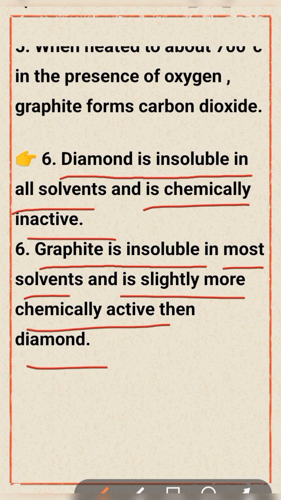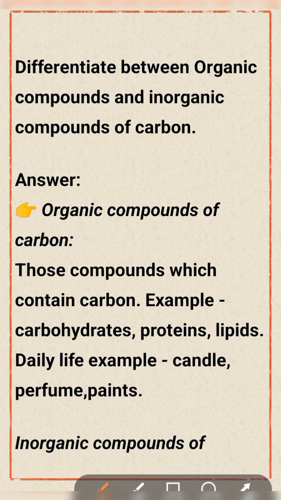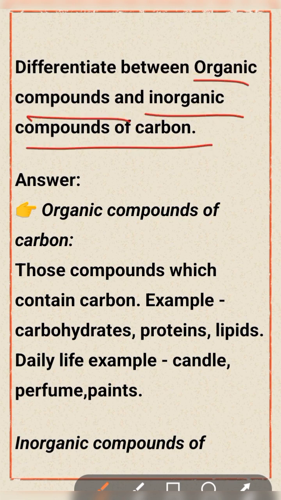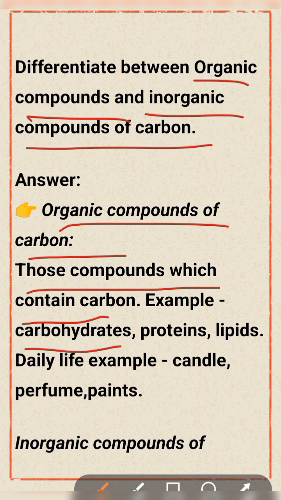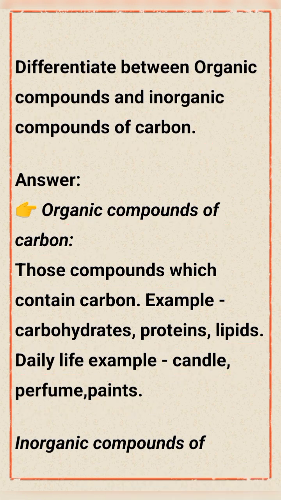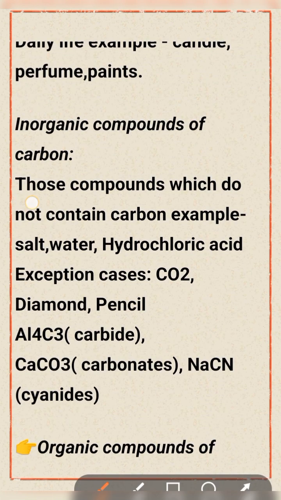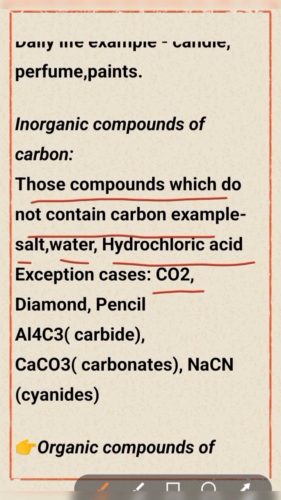My dear viewers, now difference between organic compounds and inorganic compounds of carbon. At first, discuss difference. The first point, organic compounds of carbon are those compounds which contain carbon. Example, carbohydrates, proteins, lipids. Daily life examples, candle, perfume, paint. But inorganic compounds of carbon are those compounds which do not contain carbon. Example, salt, water, hydrochloric acid. Exceptions are carbon dioxide, diamond, pencil, aluminum carbide, that is Al4C3, carbonates, that is calcium carbonate, CaCO3, cyanide, that